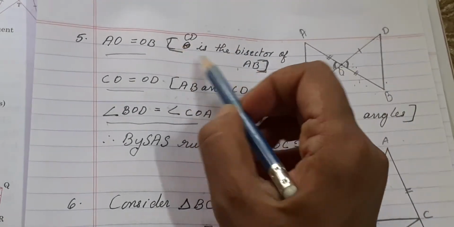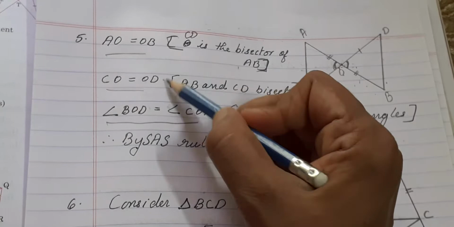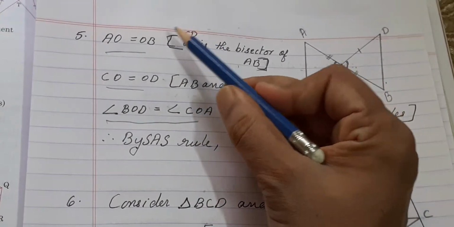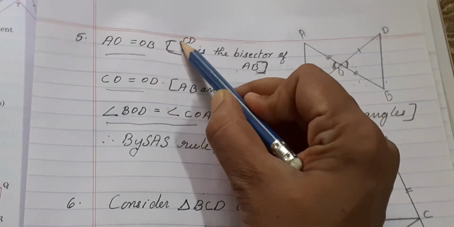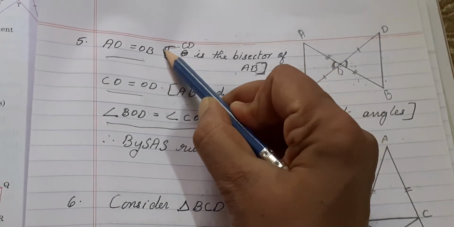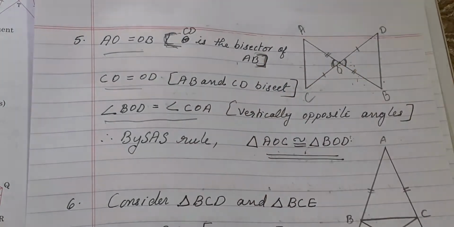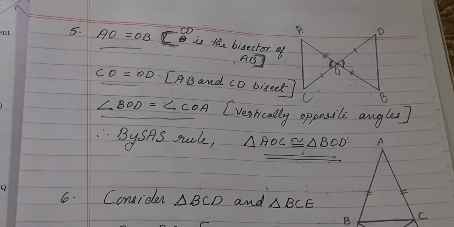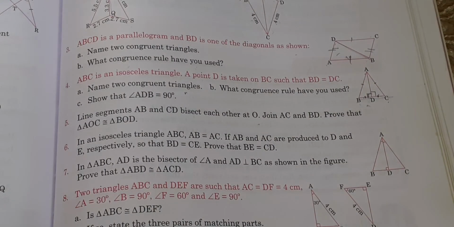For the congruence, you have to prove three conditions in each case. For each of those conditions, the reason, where you got it from, you have to mention in the bracket. Otherwise you will not get any marks for such questions. Okay, so hope this one is clear. Now we will move to the sixth question from the exercise.